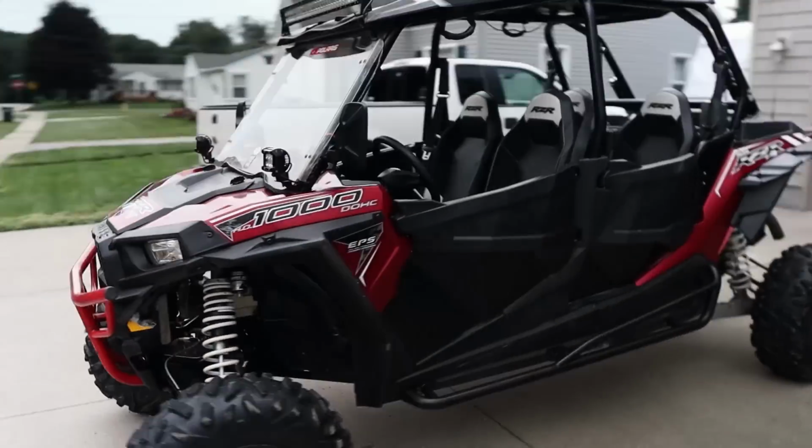Mechanically, this thing is in great shape and works as it should. And that for me was very important when looking to buy this thing because I didn't want to be in over my head trying to repair something major on something that I wasn't too familiar with. I just got done driving this thing around, listening and feeling for anything that was wrong, and this thing is solid. So now the next step is to do kind of a full walk around and see what issues need